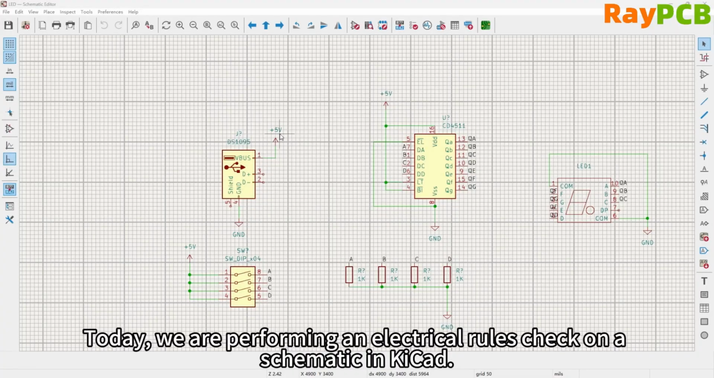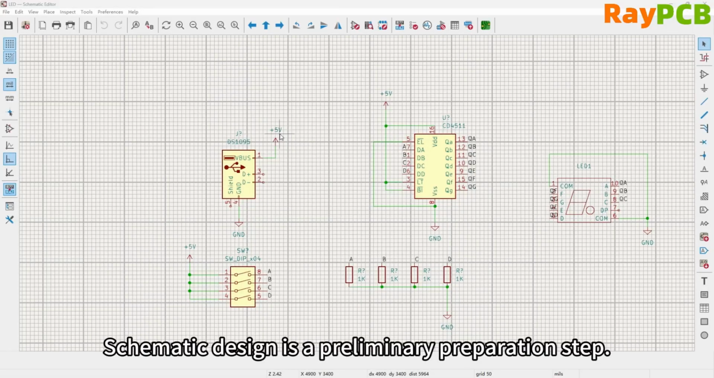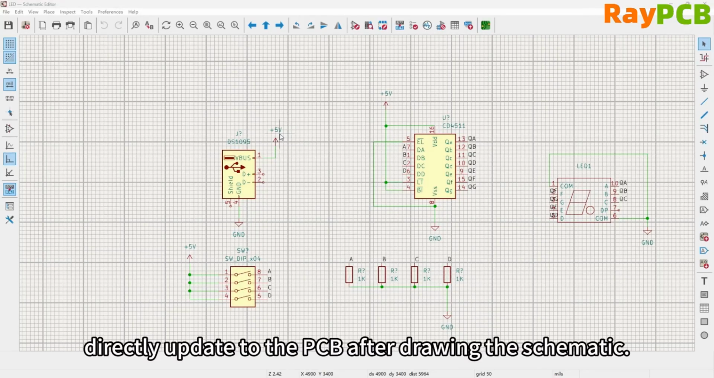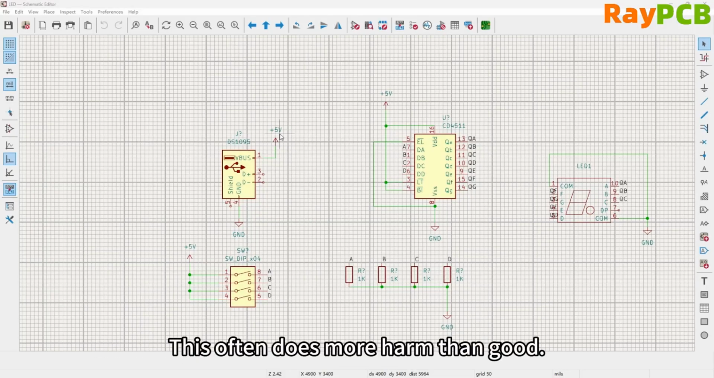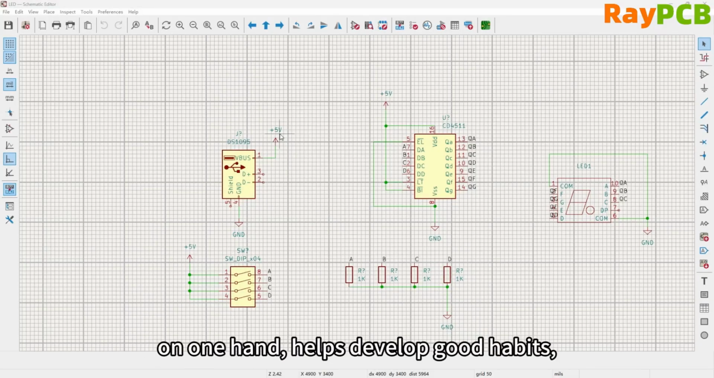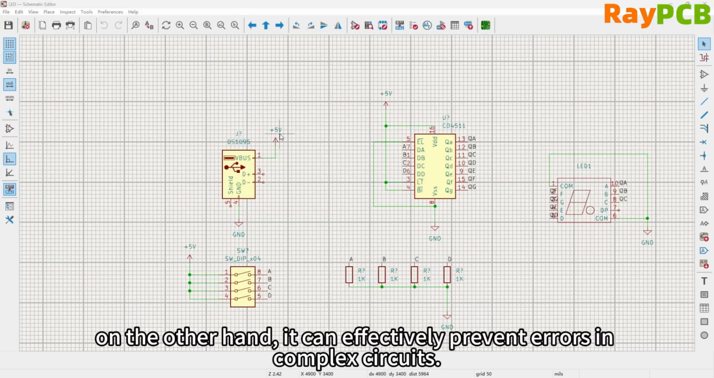Today, we will be performing a schematic electrical check in KiCad. Schematic design is a preparatory step. Some beginners, for the sake of convenience, update the schematic directly to the PCB after drawing it, but this often leads to more trouble than it's worth. Following the design process for PCB design not only helps you develop good habits, but also effectively prevents errors in